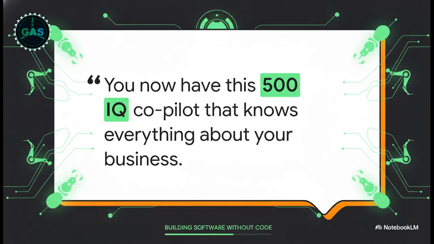The source material perfectly hits the nail on the head with a great analogy. Having an Agentic OS is literally like hiring a brilliant 500 IQ intern. But this intern isn't just fast. They can run 5 to 8 independent parallel agents at the exact same time. You no longer have that single agent bottleneck. You just tell them what you want, and they figure out all the intricate routing to make it happen.